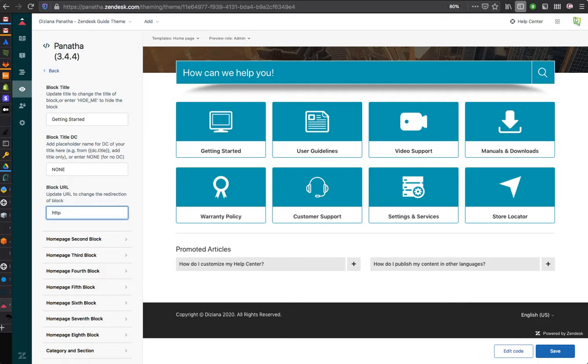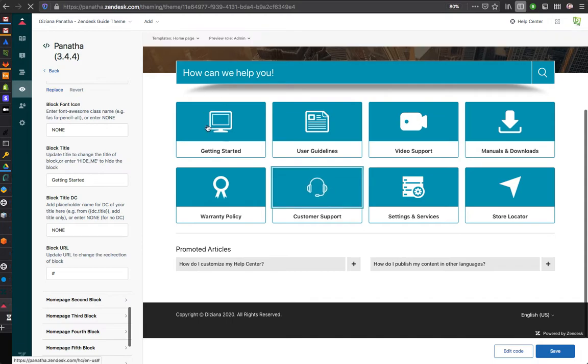or it could be linked to your help center in absolute URL. So you can say SC articles, SC, let's say EN US articles and things like that. And then article ID or things like that. So it could be any link on the web. So similarly, all the blocks can be customized like that.